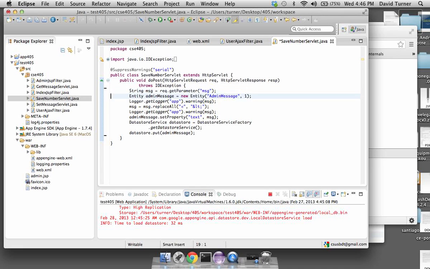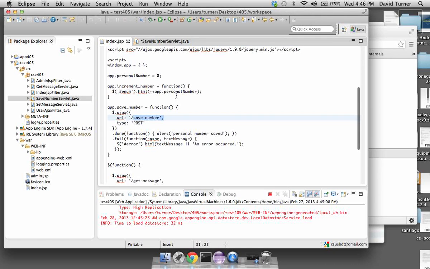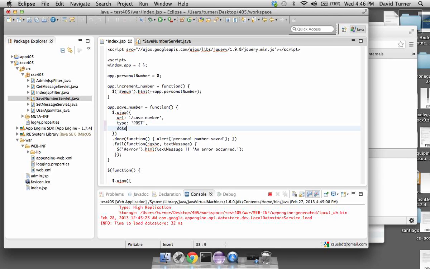And so let's get the number. It'll be passed in as a parameter. Oh, so get parameter called number. That means we've got to make sure that that's coming in there. Let's look at that. Here's the index. Yeah, this is it. Okay. So we need to send the number, and we use this data property of this config object that we pass into